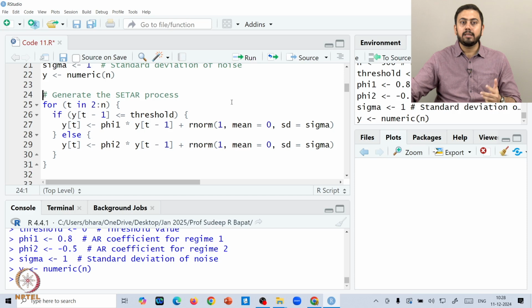Now, again remember one thing: in SETAR you have two regimes. Depending on one threshold value, it splits into two regimes, and within each regime I am trying to fit some AR model. Okay. So, just to very quickly explain what is going on in this chunk of the loop that you see here,